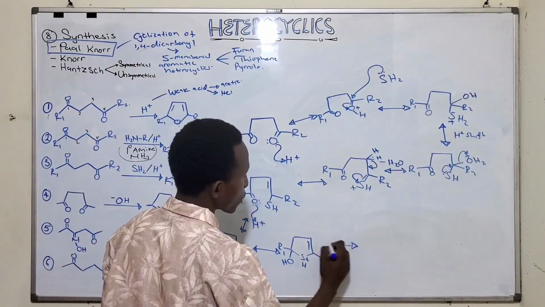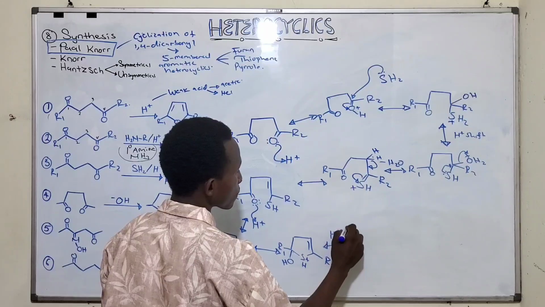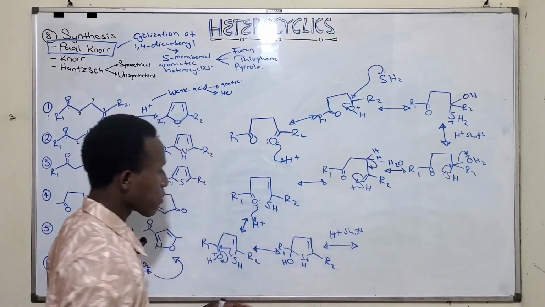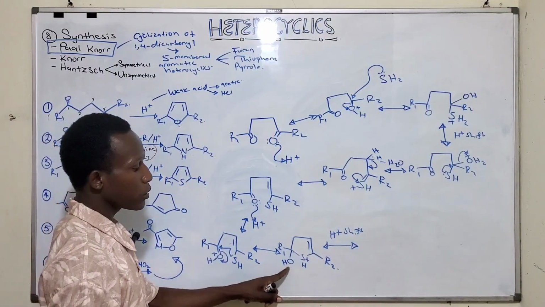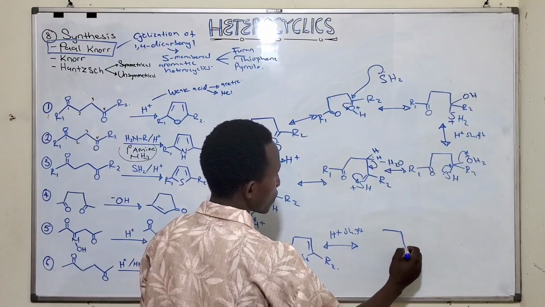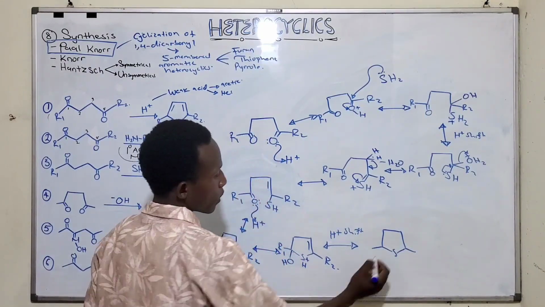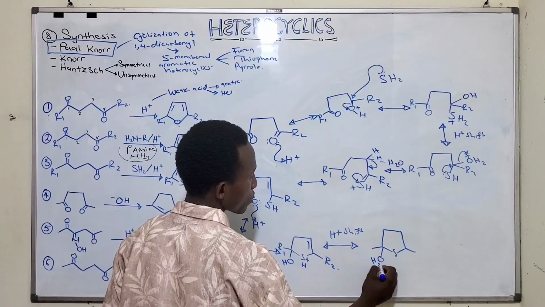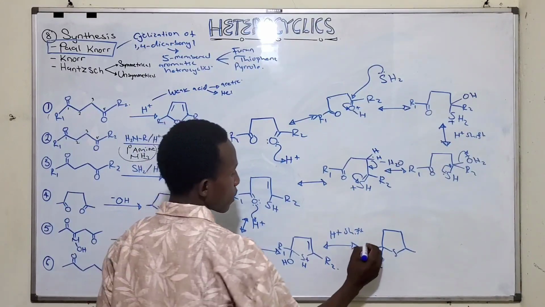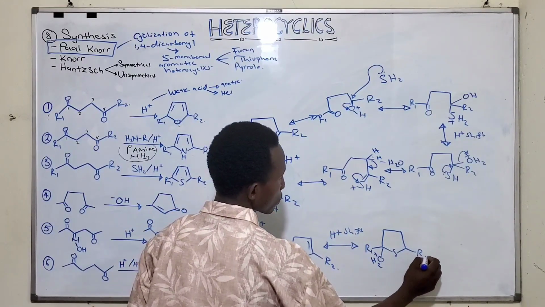We shall have a proton shift. This hydrogen will go to oxygen, forming this. Here we have S and OH2. It's now plus. R1, don't forget, R2,